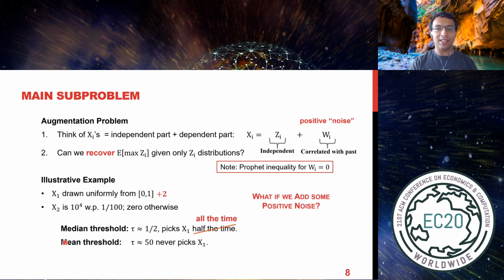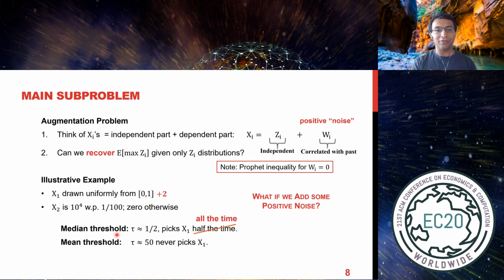But now let's see what happens if I add slight noise. I'm adding a slight positive noise. Suppose x2 remains the same, but in x1 I add a deterministic number, plus 2. Interestingly, now if I still run the median threshold algorithm, which was setting a threshold of half, it's always going to pick x1, because now x1 is always above half, which is bad because now you're never getting x2. You're always stopping at x1, whereas most of your actual opt was coming from x2. So this shows you need to be careful. Not all threshold algorithms are robust to positive noises.